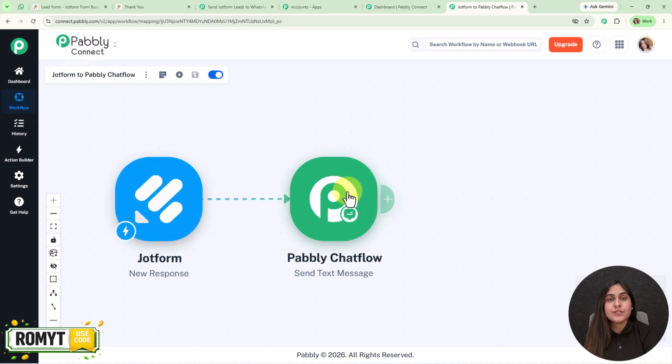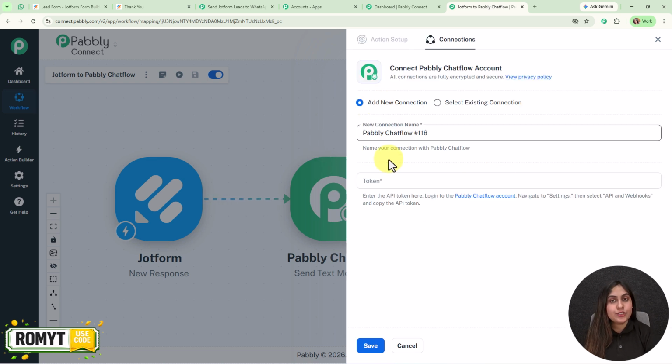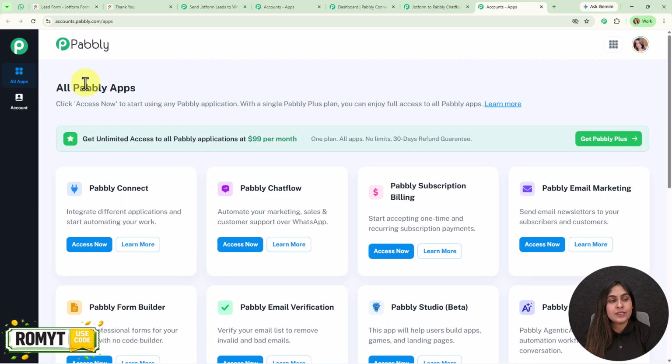For that, I'm going to use the all-in-one WhatsApp communication platform, that is Pabbly Chatflow. You can use other WhatsApp communication platforms as well, such as Vati, Interact, WhatsApp AI Sensi, or WhatsApp Cloud API as well. Alright, we're going to build a new connection. It is asking for a token. So to get the token, click on this hyperlink available over here and it will direct you to the All